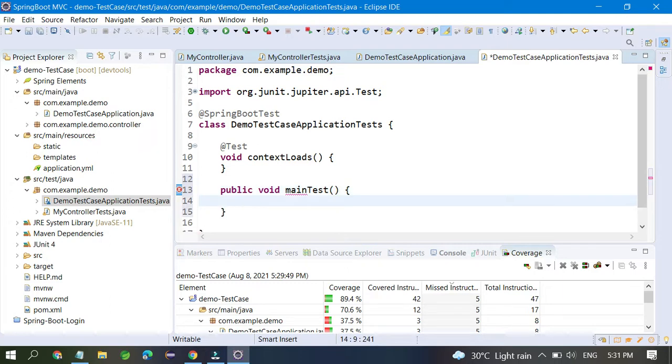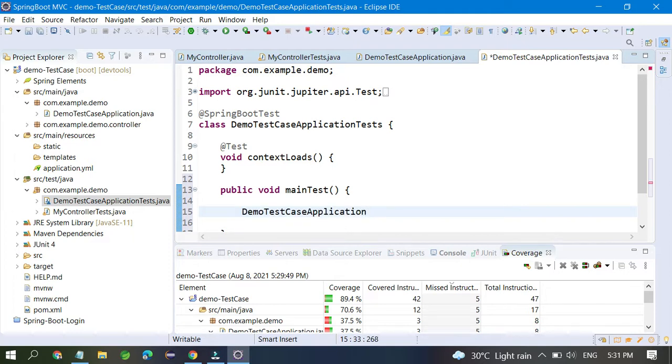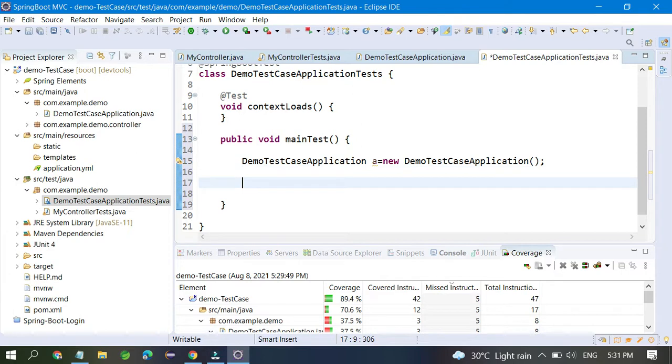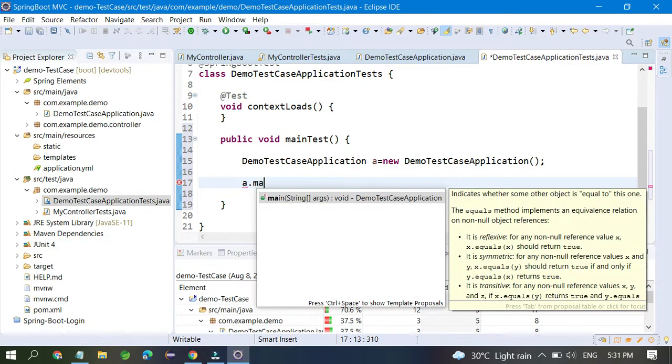Here you have to create the object of your class. So a equal to new, and create the object for this main class, and just call the main method. So how can you call the main method? You can call a dot main, and here you have to pass the array.